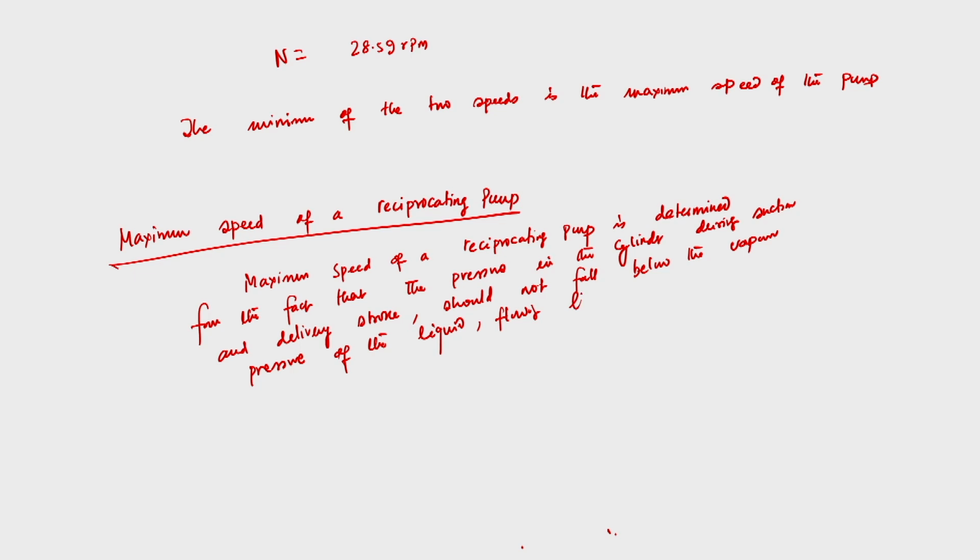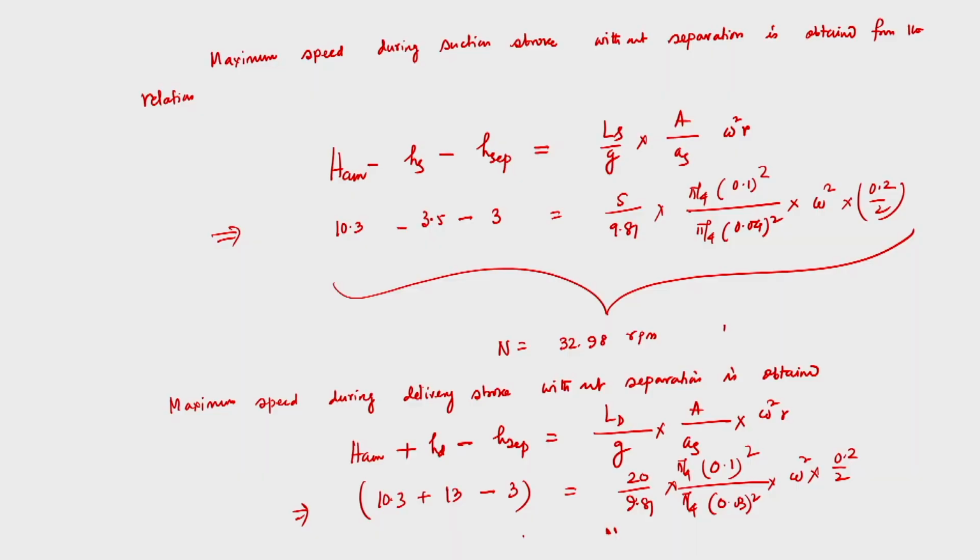Flowing through suction and delivery pipes. So this is important. The maximum speed of a reciprocating pump is determined by the fact that the pressure in the cylinder during suction and delivery stroke should not fall below the vapor pressure of the liquid flowing through the suction and delivery pipes. That is why we have calculated the maximum speed during the delivery stroke without separation, because separation occurs at 3 meter of water column. So I know the atmospheric pressure head, and this is a static height, this is a separation, and